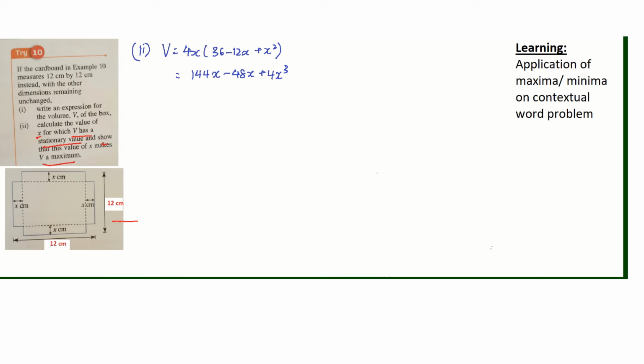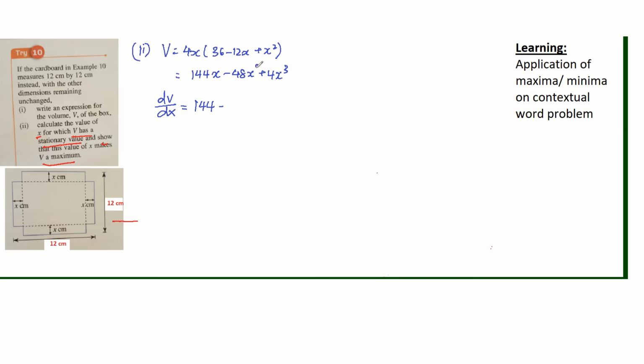Okay, so ladies and gentlemen, I hope you guys have managed to solve the question. I'm going to go through it now. Before I go on to differentiate v, I would prefer to expand it. Of course, if I have used product rule, we should end up with the same answer. Right, so if I were to go on to differentiate v with respect to x, I should get 144 minus,